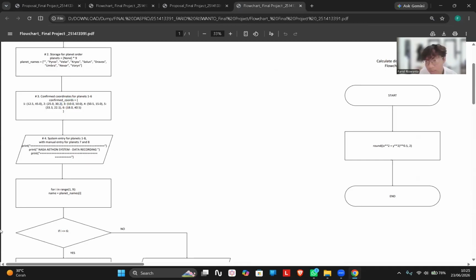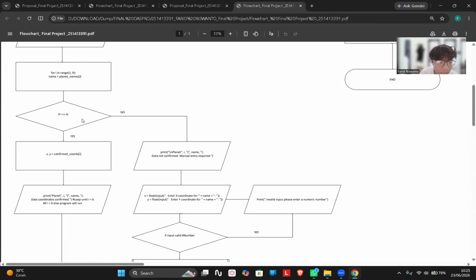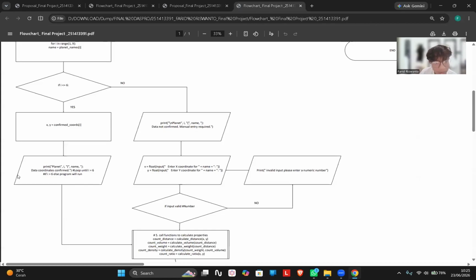But as I mentioned, they already determined the first six, so the rest haven't. Then the system does the confirmation, with a for loop over the range 1 until 9. For the planet selections, planets 1 until 6 are already determined, so it just prints that they are already confirmed. If not, they need to do manual entry for planet 7 and planet 8 for the X and Y coordinates.